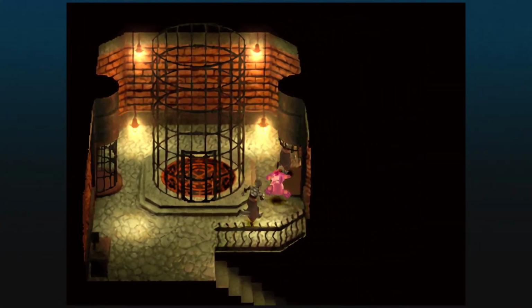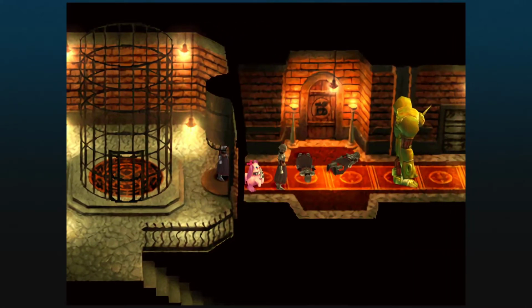Okay, cutting back to the other path. If you go over here and Kid is not in your party,